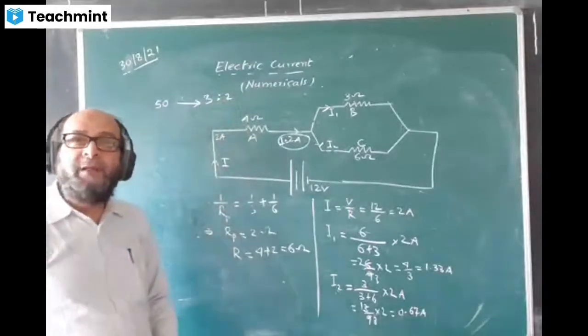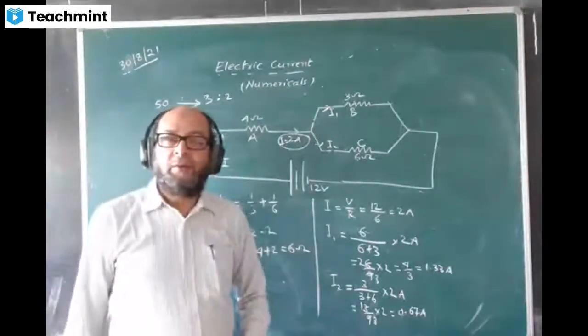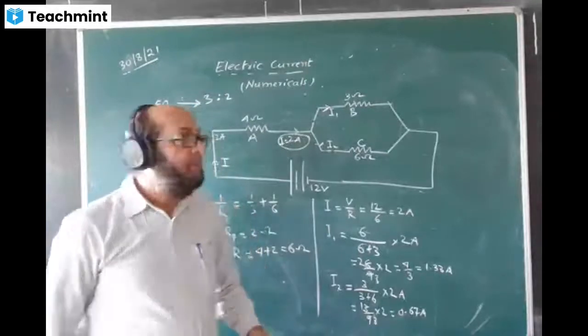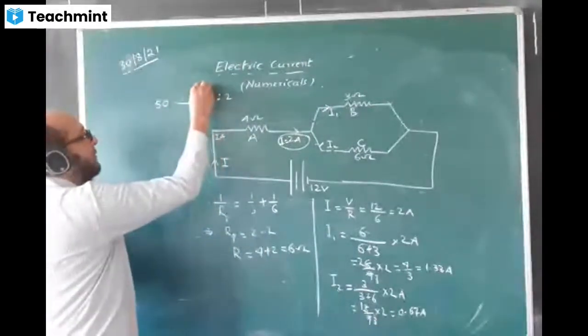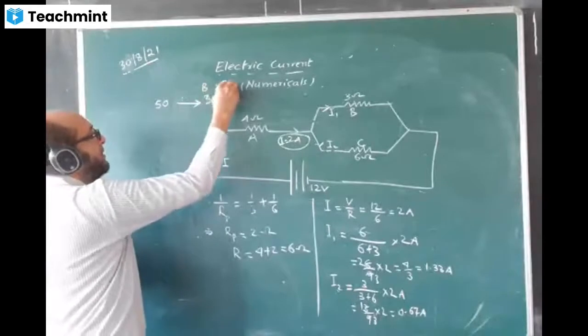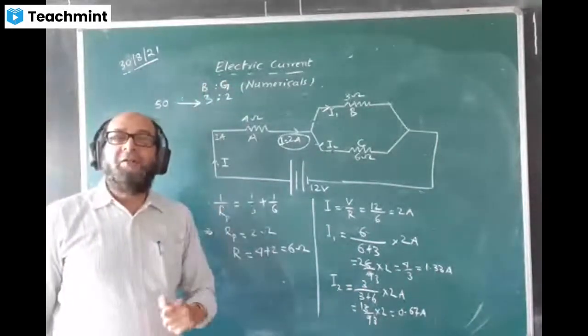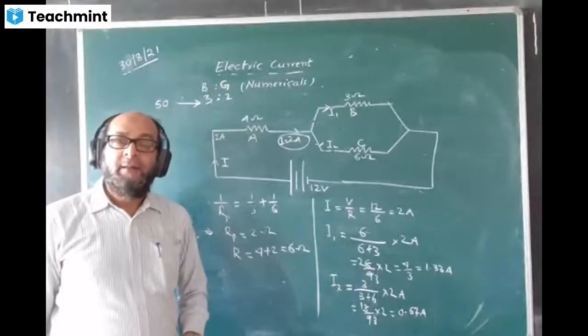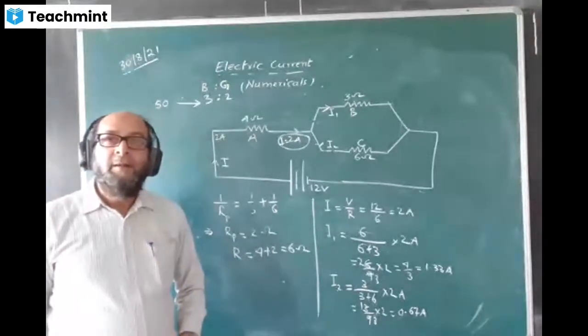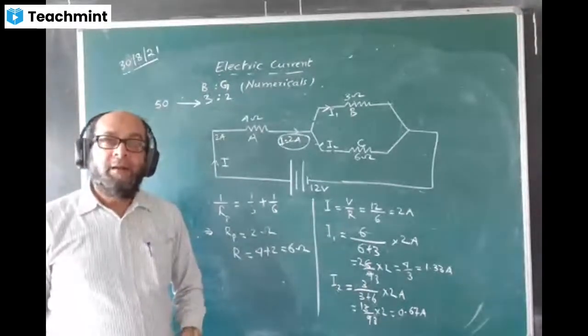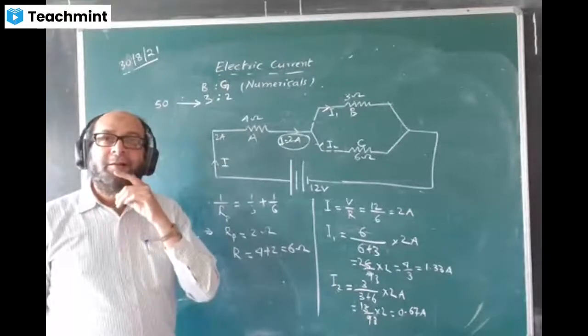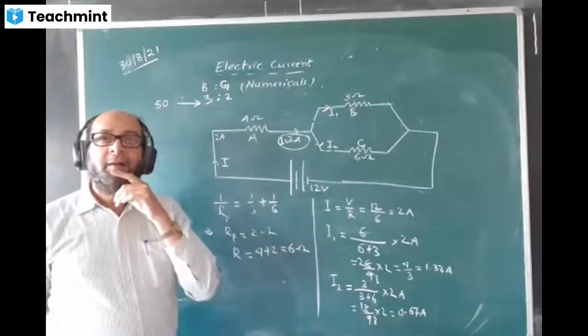Can you find how many boys are there, and how many girls are there? You are saying 30 boys and 20 girls. How did you find that? Tell me. By multiplying, your answer is right. 50 multiplied by 2.